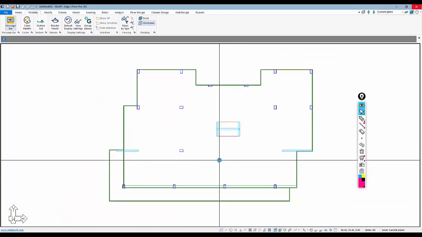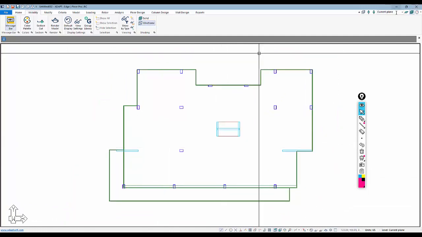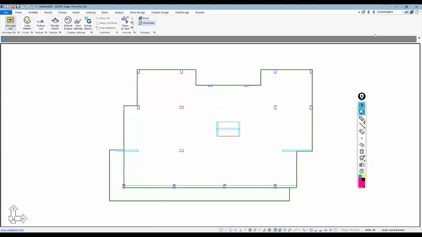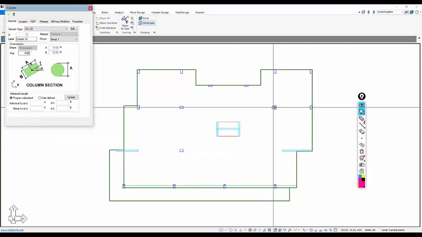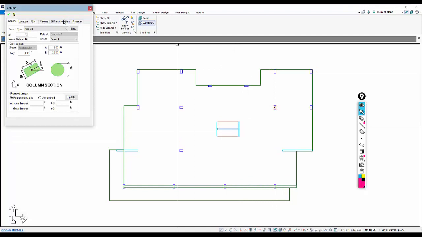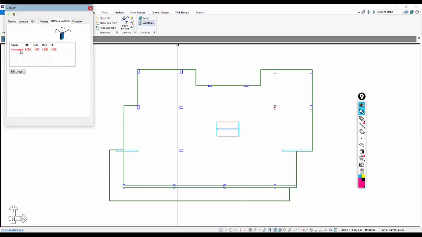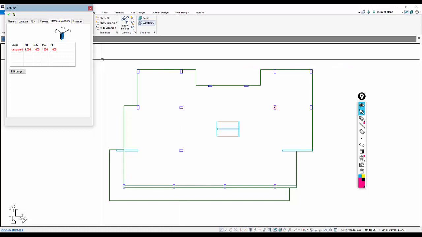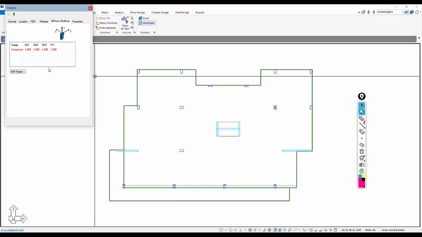The default usage case is called Uncracked, and that can be seen. Let me select any component. I'm going to go back to single level. If I select this column, for example, and I go to Stiffness Modifier, the usage case is uncracked. What this allows the user to do is to store separate or multiple usage profiles that contain different cracking factors for components in the same model. And the program can run and store the solution, meaning the reactions in columns and walls,